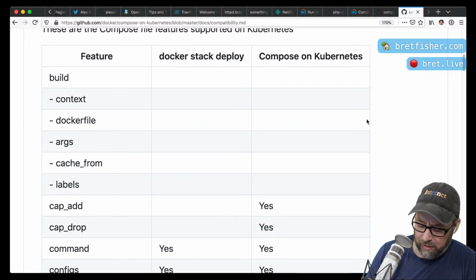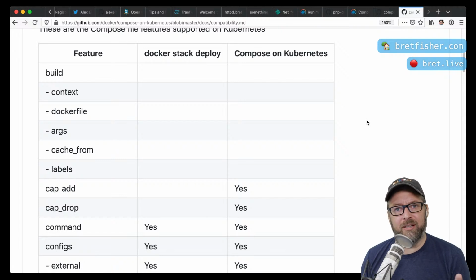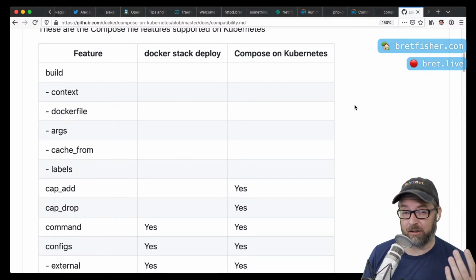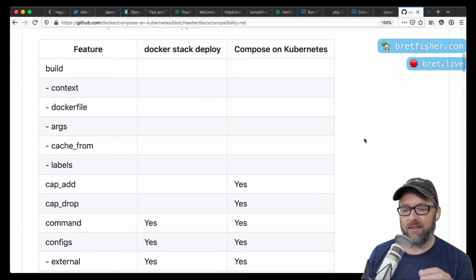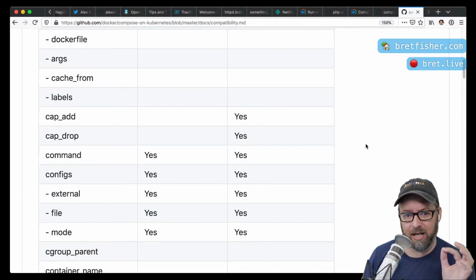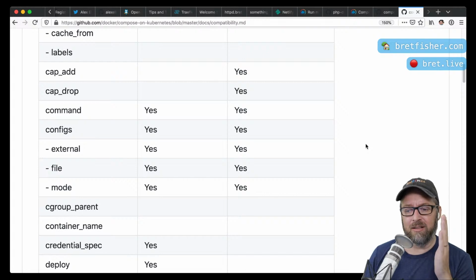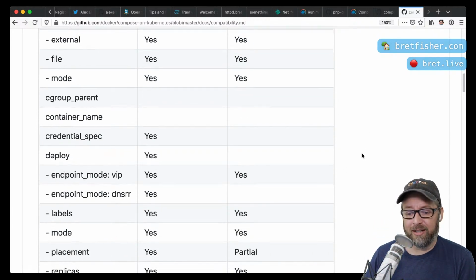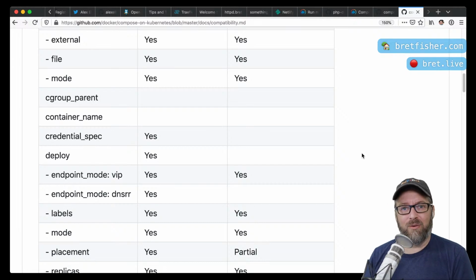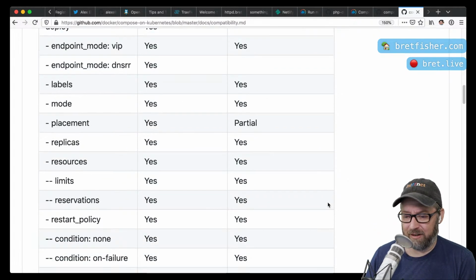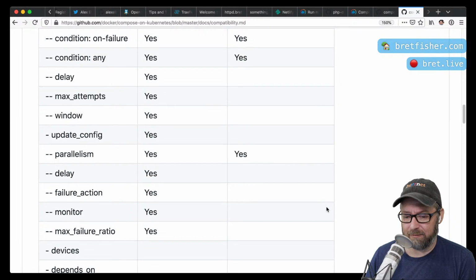But this particular table, because you can use this is a functionality that Docker created that you can add into a Kubernetes cluster to use Docker Compose files in Kubernetes. And they're showing here all the different features in the Docker Compose file and whether those work in Swarm or Compose in Kubernetes. And what would be cool is if there was a third one for Docker Compose CLI. That would be very helpful. But I don't think we have that yet.